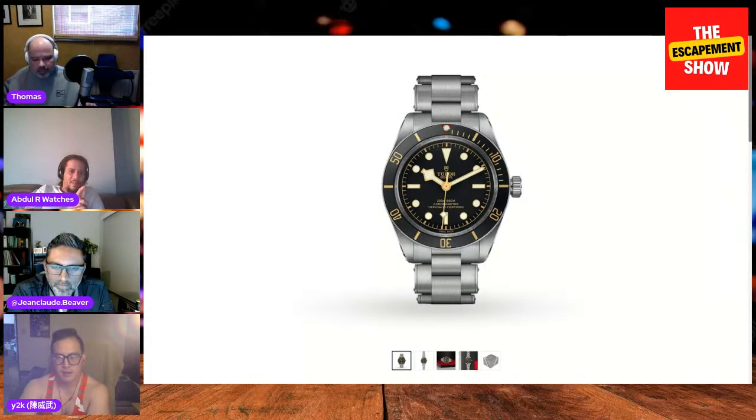because of the bracelet and the smiley of the ETA, the smiley face, like instead of 3 lines of text, you have just one, exactly, and then you have the Tudor rose, not the Tudor shield, and you have the Tudor rose also on the crown. And even though it was 41, I have a medium-sized wrist, so it was okay on my